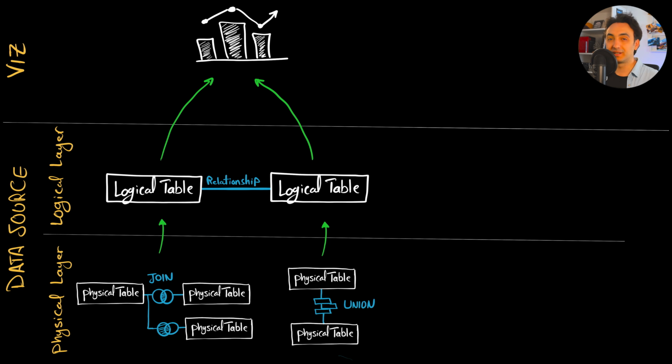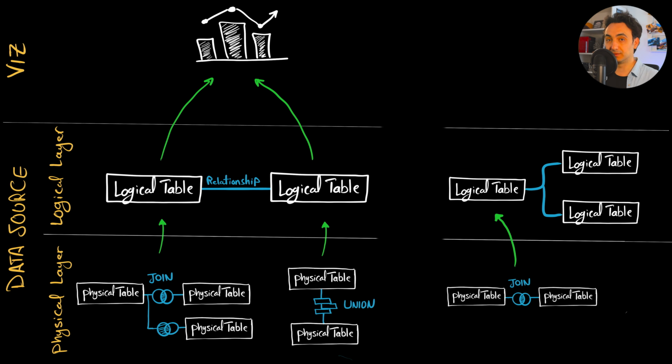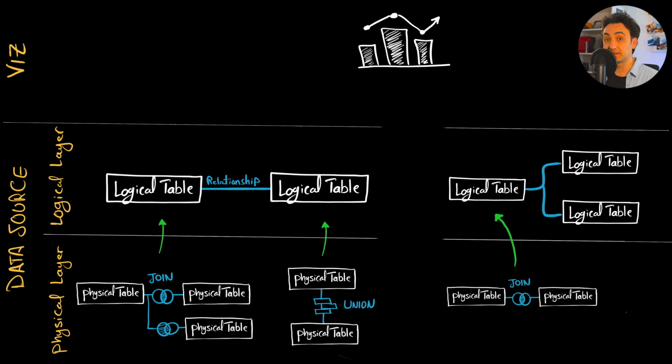But sometimes as you are working on projects, you build another data source with another data model. And in this example, it's important to understand that not all logical tables come from physical tables, they could come directly from your source system. Now in order to build one visualization from both of the data models and data sources, we have to somehow connect those two data models or data sources, and we can do that at the visualization